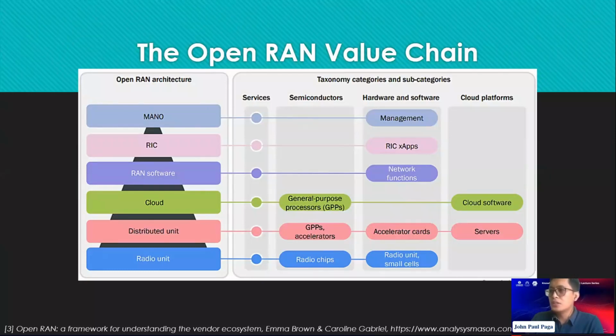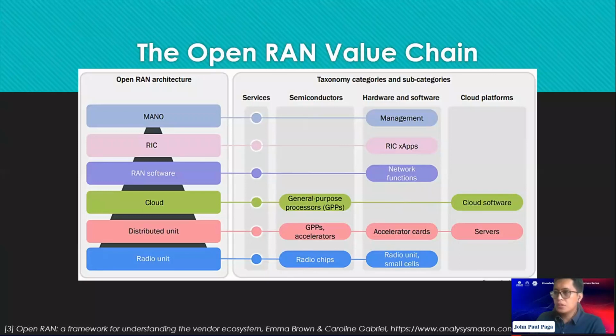Okay, as we say nga, Open RAN disaggregates the network or the RAN from the radio unit. Okay, and then we have a distributed unit. And then we have the CUs running on cloud. Okay? And then we have the RAN softwares, the RIC, and the MANO. Okay? So na-disaggregate nila yung